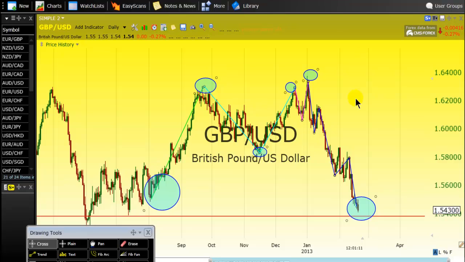In this scenario, we do not have a running flat correction, but we have an expanded flat correction. If you want to know more about what a running flat correction or an expanded flat correction is, you need to go to